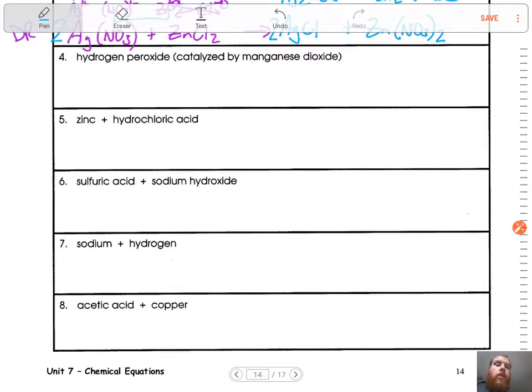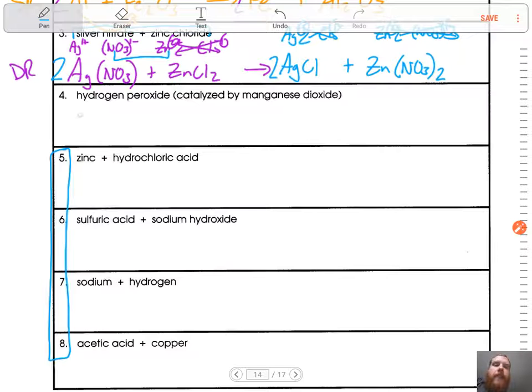So we're going to do one more together, and then you're going to practice 5 through 8, and then you can ask for help in person. The biggest thing is you got to identify the type of reaction and then follow what you're doing in that type of reaction. Number 4, hydrogen peroxide,